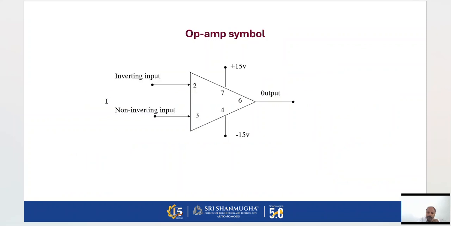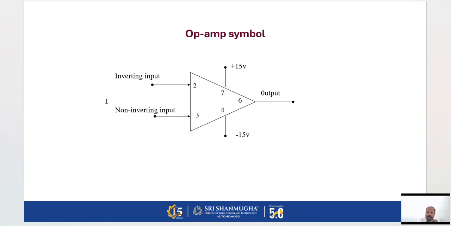This is a symbol of an operational amplifier. The second pin is the inverting input. The third one is the non-inverting input. And we have the fourth and seventh, which is a dual power supply. The output is taken from the sixth pin. First and fifth are used for null offset, so that the output will not have any value when we are not giving any input. And the eighth pin is